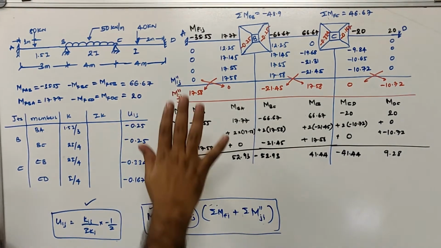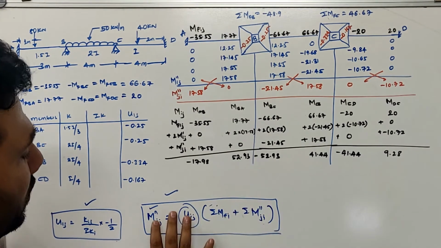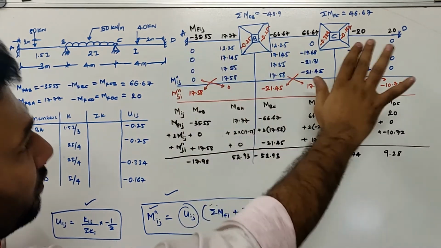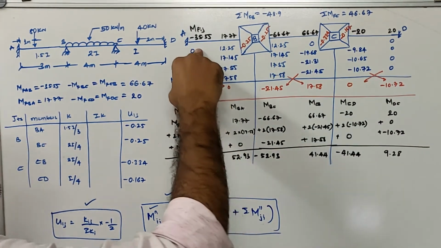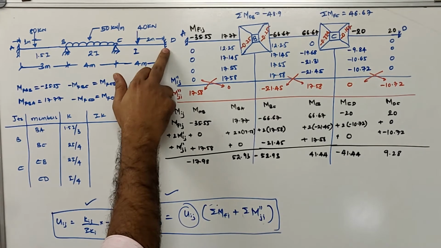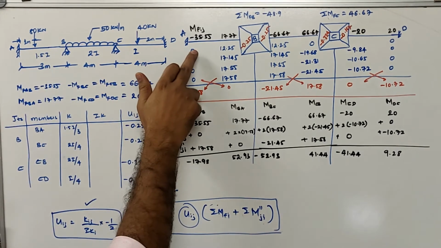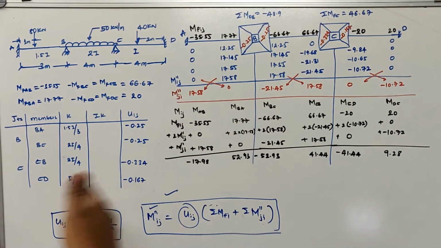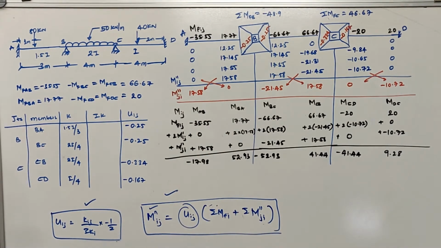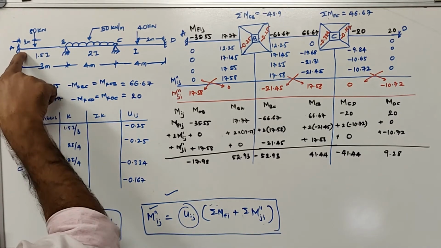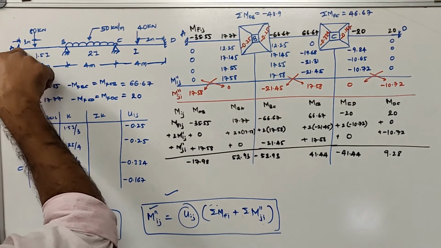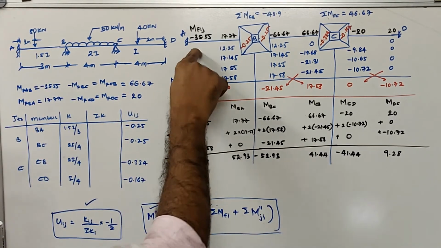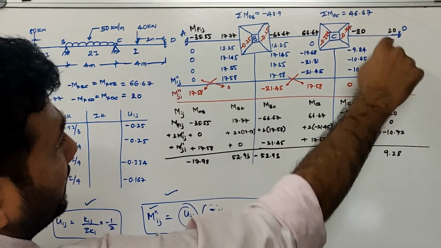So now I have corrected all the values, I hope, right? So what we'll do is we'll calculate how much is Mij values in the first iteration. Okay, I told you at the fixed ends there is no rotation. So at the fixed end, if it is no rotation, we can write here the rotation moment equal to 0. If there is no theta that will be generated, then the rotation moment will also equal 0. So that's why at joint A, the rotation is equal to 0. If the rotation is equal to 0, rotation moment is also equal to 0. So at this point it is 0, and at D also it is equal to 0.